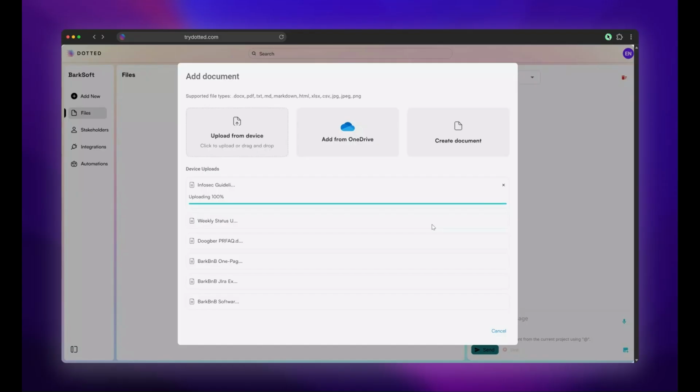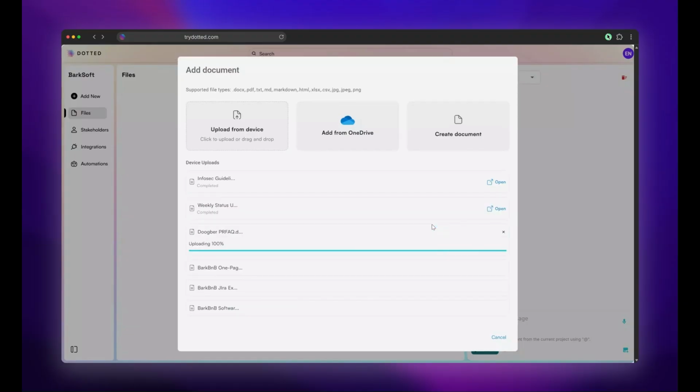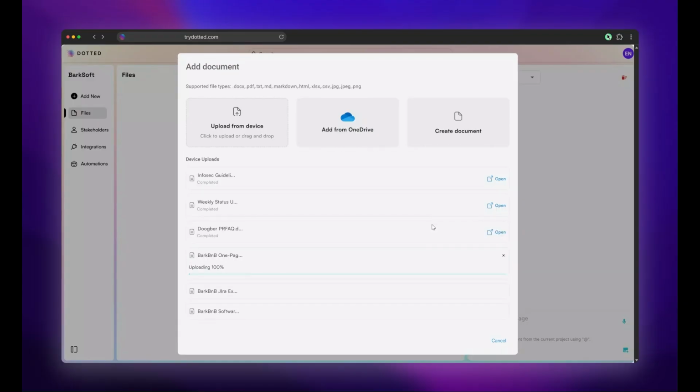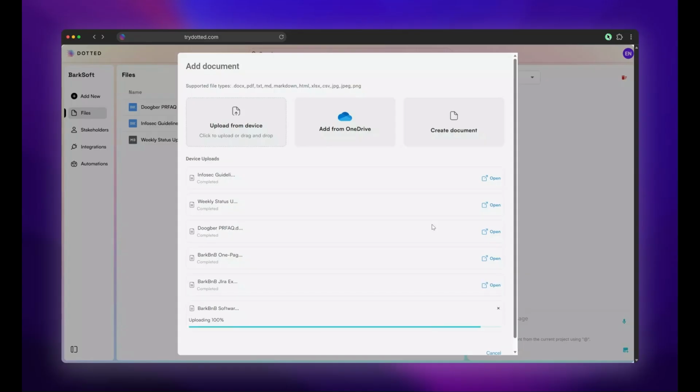company. In this scenario, I'm representing a PM who has just started working at Barksoft, and Barksoft has already shipped another product called BarkBnB. And so what I am trying to do is convince everybody to build a new product called Dugber, where BarkBnB is basically Airbnb for dogs. Dugber is going to be Uber for dogs. So I'm just pulling in some documents right here.